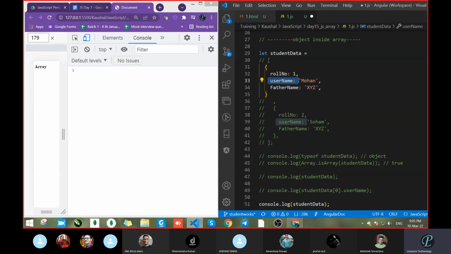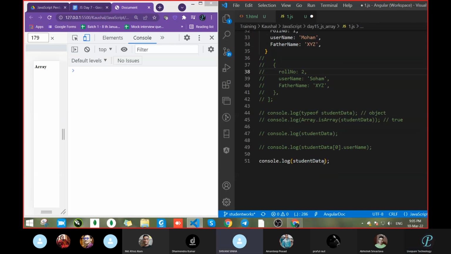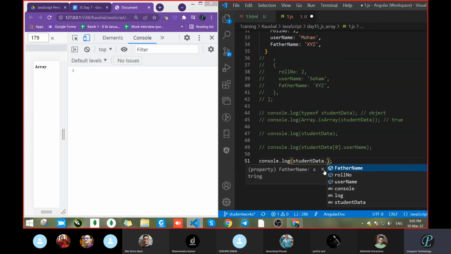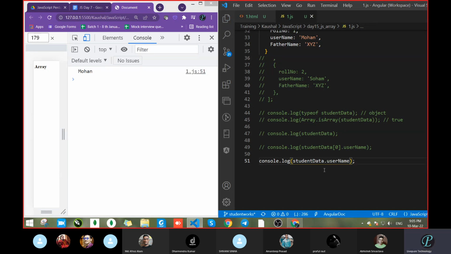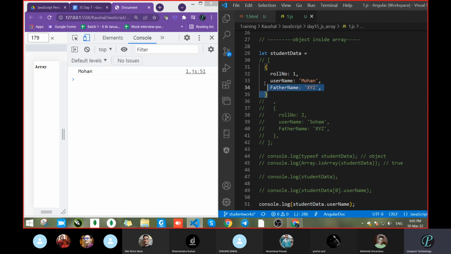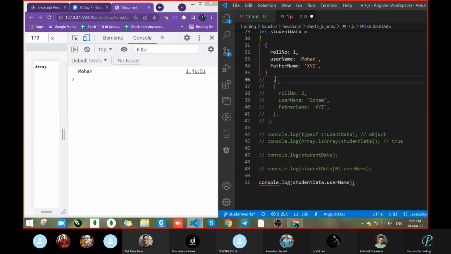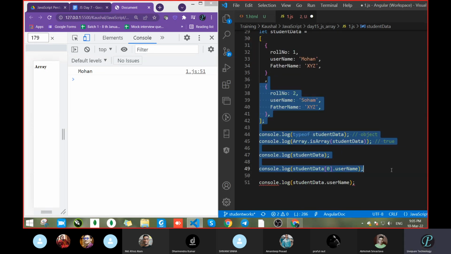So we will directly go with dot username. Okay, and see, we got that data because this is an object. So from an object we can get it directly. But when this is converted into an array, we have to do something different. So we will look at how to get data of the object. Don't worry.